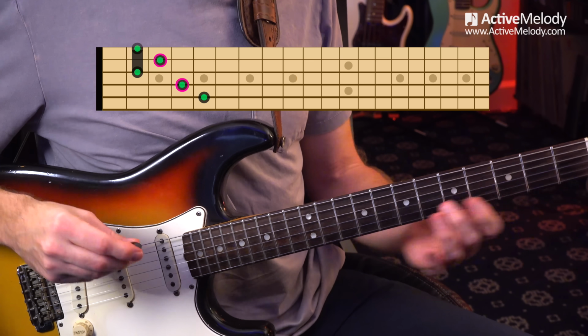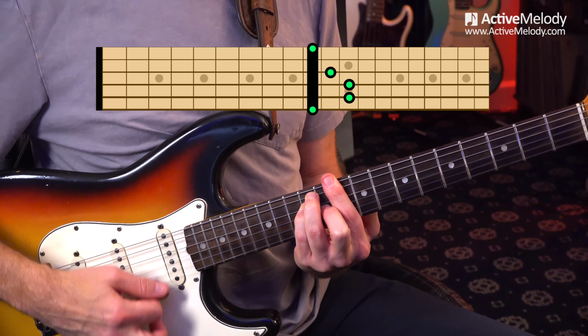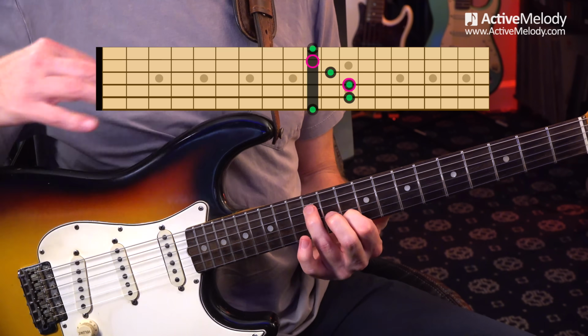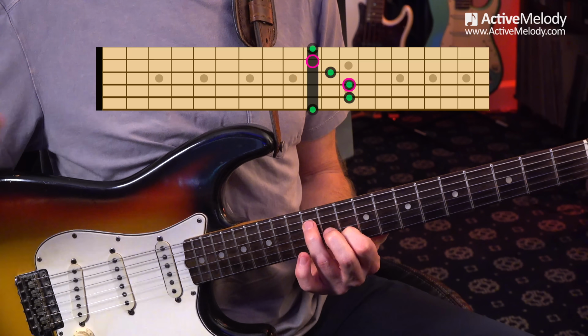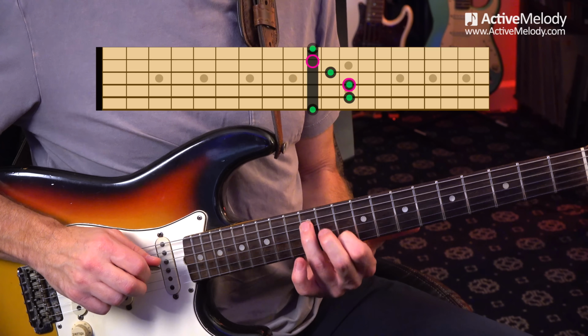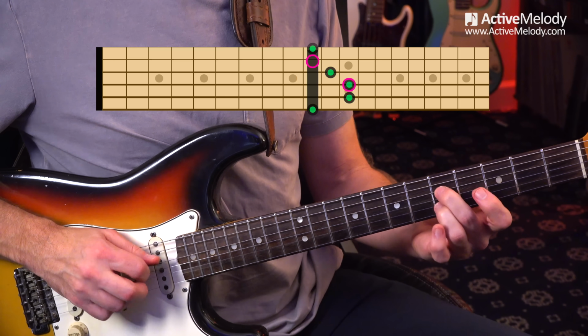The last one we play using our E shape. So we're going to come all the way up here. This is our D chord using the E shape. I'm still playing those same 2 strings, 4 and 2. Now this one doesn't sound as pretty because it doesn't have the 3rd interval. But that's the harmony we're going to play. So we have...